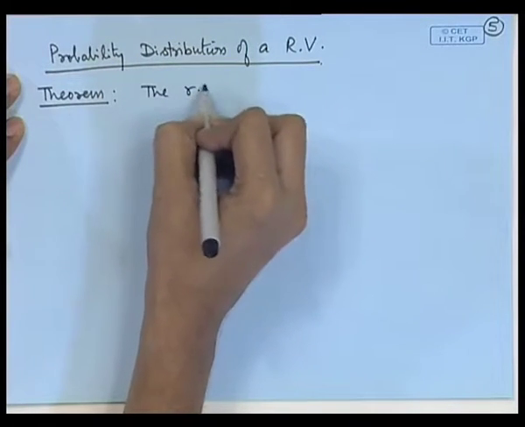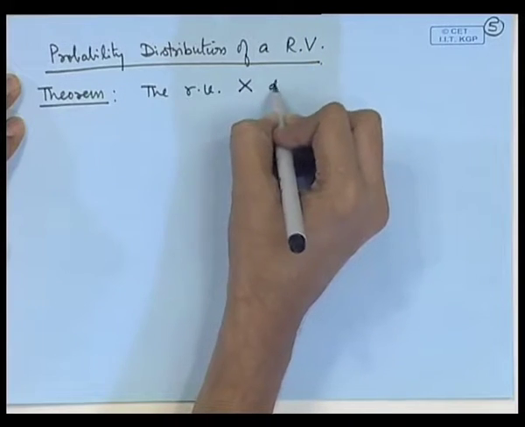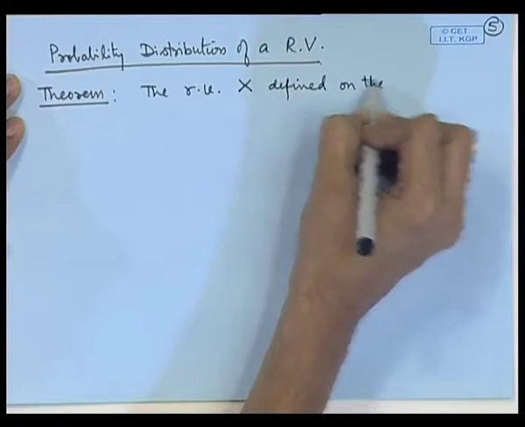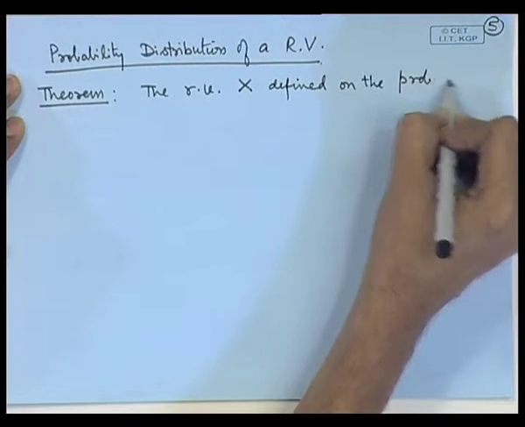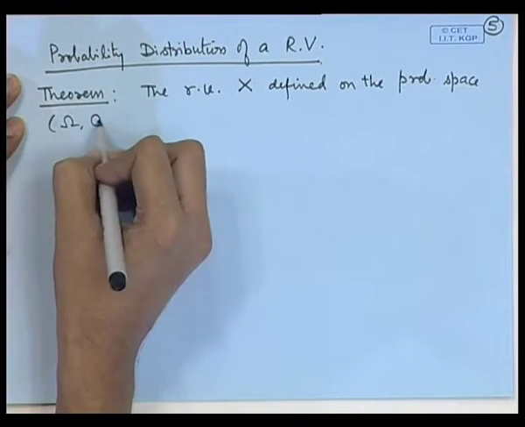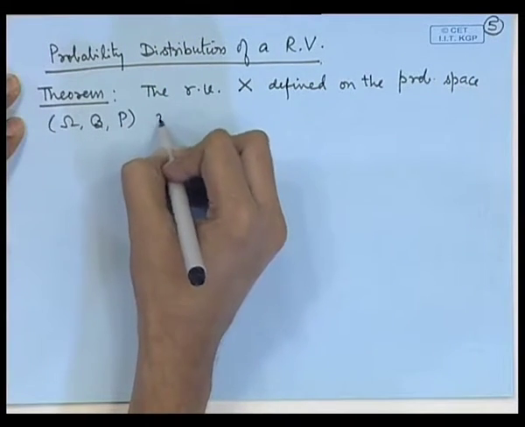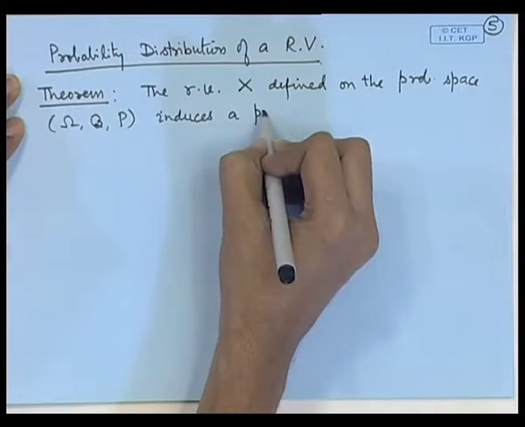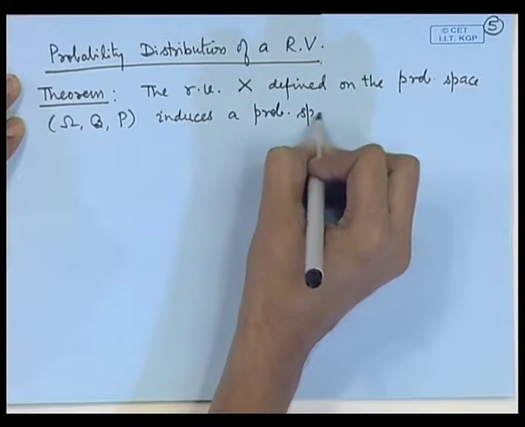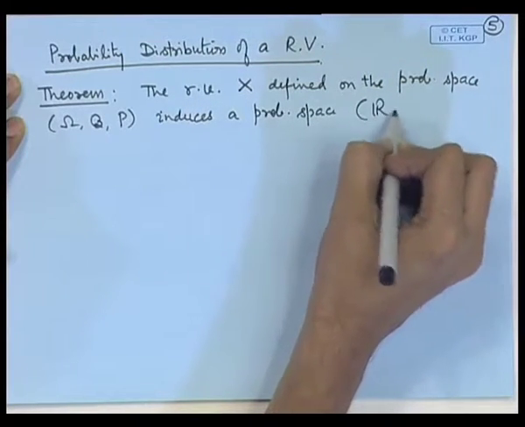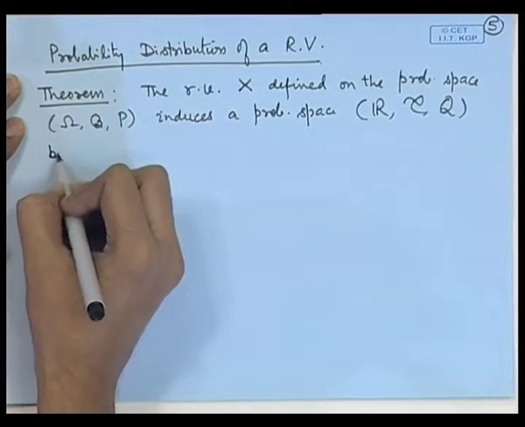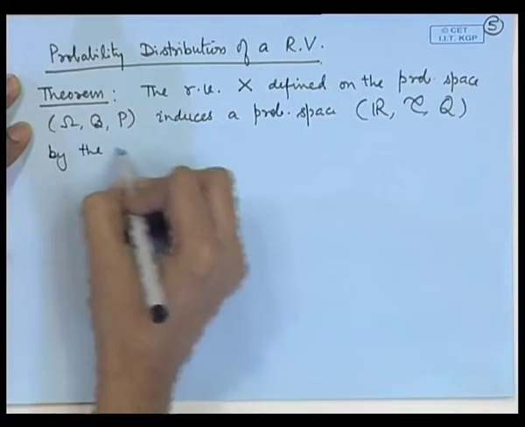The random variable X defined on the probability space (Ω, B, P) induces a probability space which we call (R, C, Q) by the correspondence